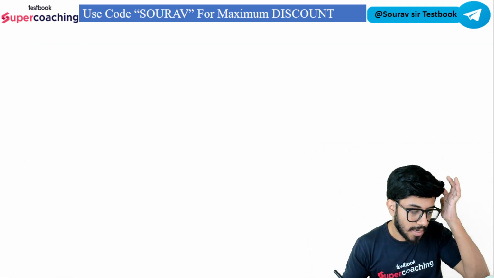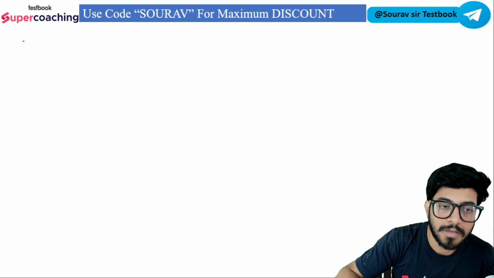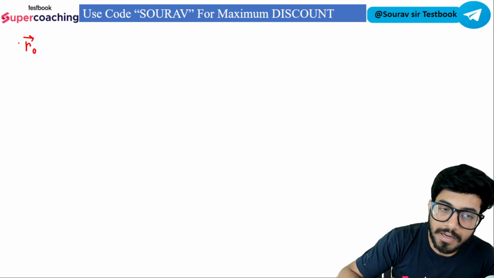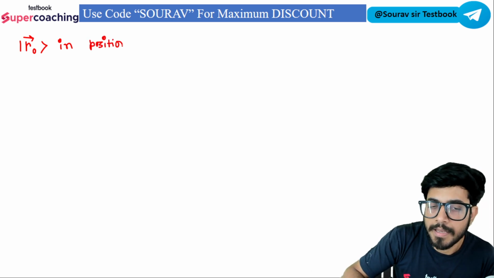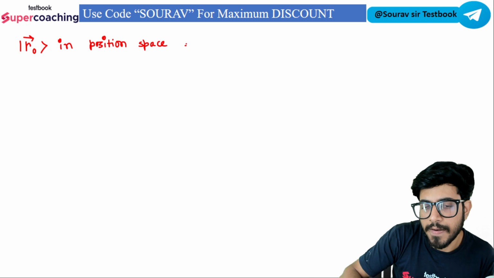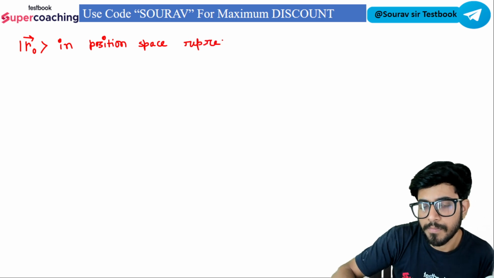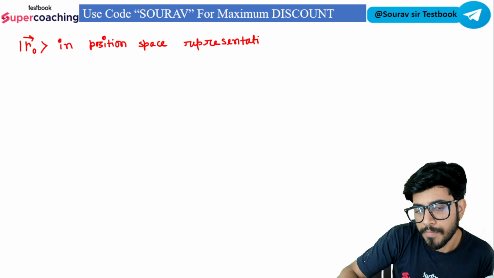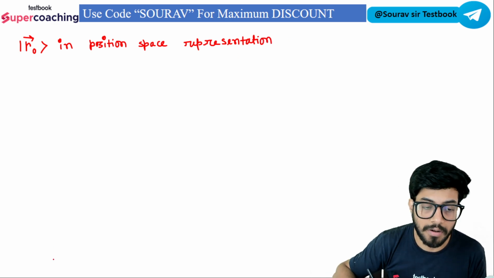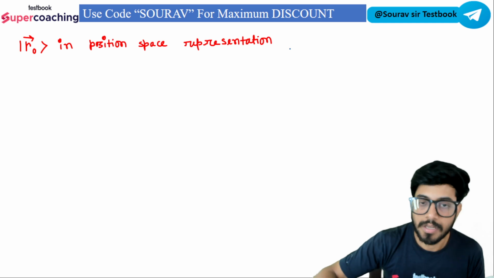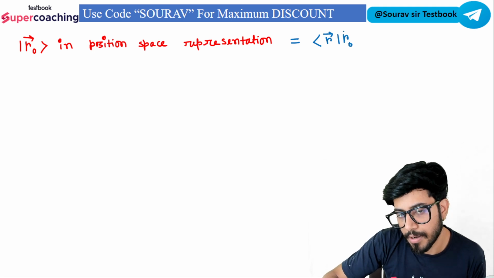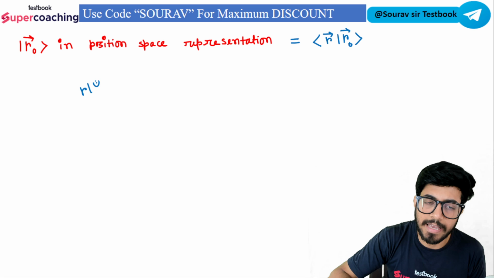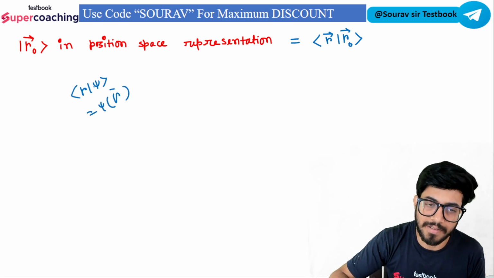Now, R vector naught ket in position space representation, that is the eigenvector of the position operator, in terms of it should look like R into R के साथ R नॉट का इनर प्रोडक्ट, जो हमें पता है R के साथ साई के इनर प्रोडक्ट करके तुम साई ऑफ R लिखते हो, काइंड ऑफ वैसी वाली चीज है यहाँ पे करना है तुम्हें.